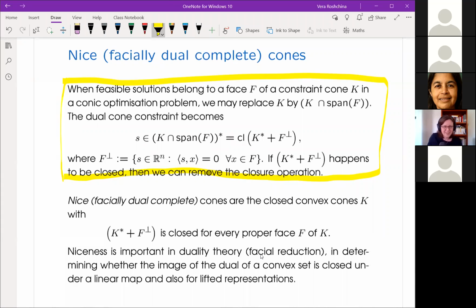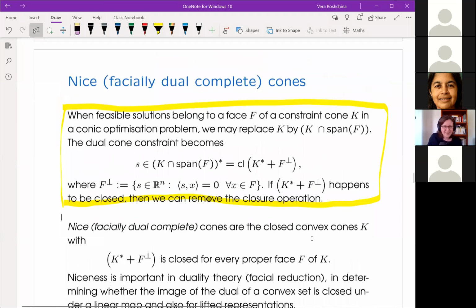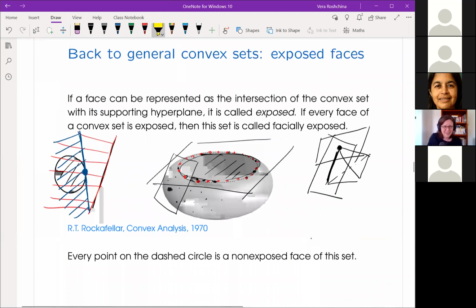Oh, thank you very much, Giorgio. Renier asked, is there an example of a non-exposed face which is not a singleton point? Oh, let me just scroll back to address this. So just answering Renier's question, if there's an example of a non-exposed face which is not a singleton,